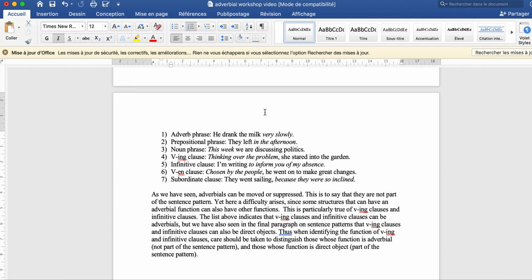We say these words modify drink. That means we have an adverbial function. So these are complementary notions, right? Structure and function. So when we're going to ask ourselves what the structure of these words is, it's very important